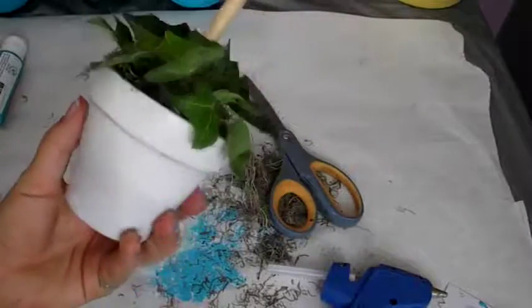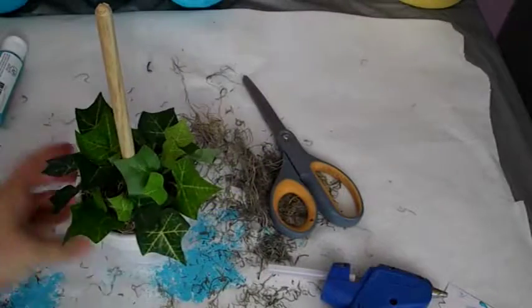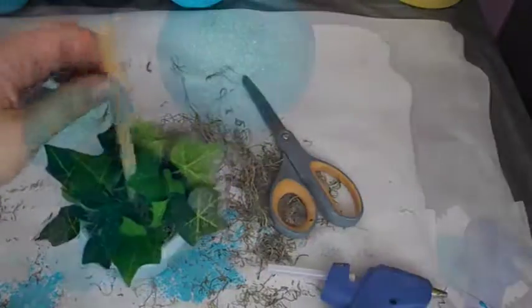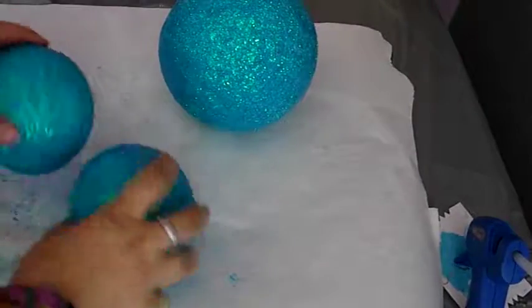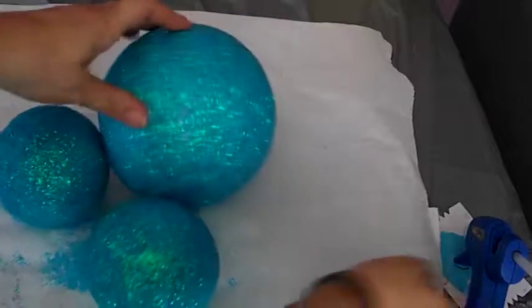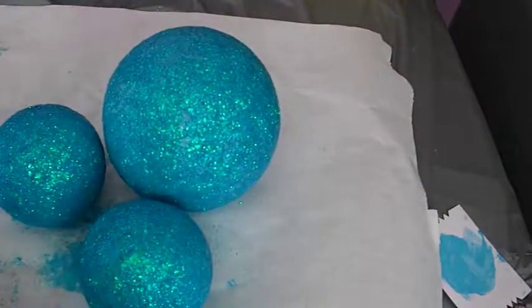A little ivy pot. Kind of has a nice feel to it. And our base is pretty much done. So, okay, now that our balls are dry, we are going to attach them to this with our hot glue gun, which is stuck on my tripod,